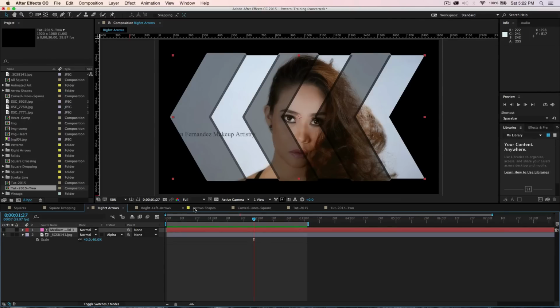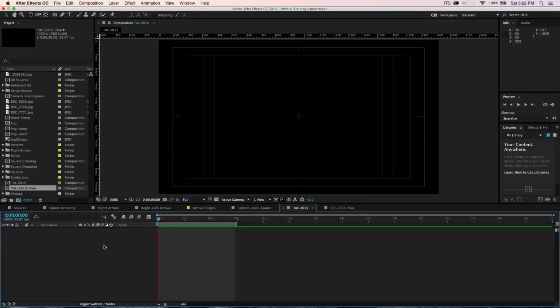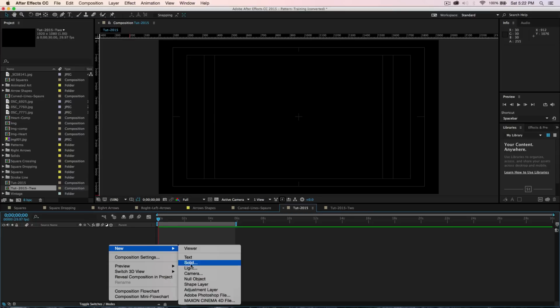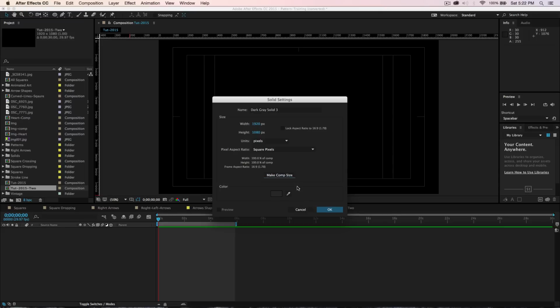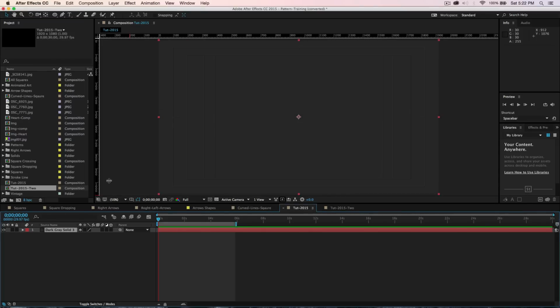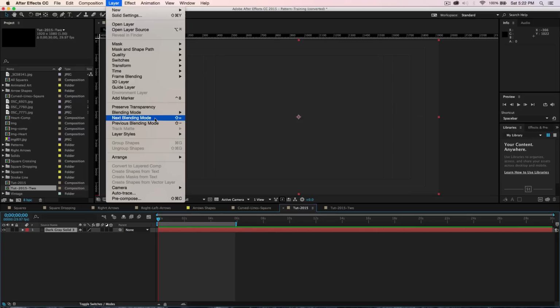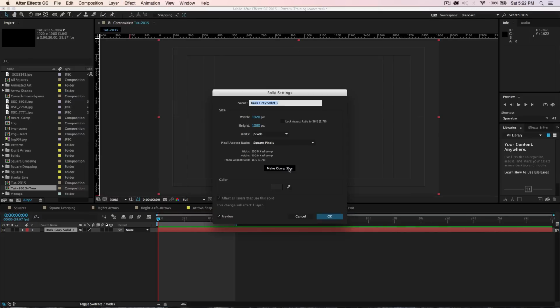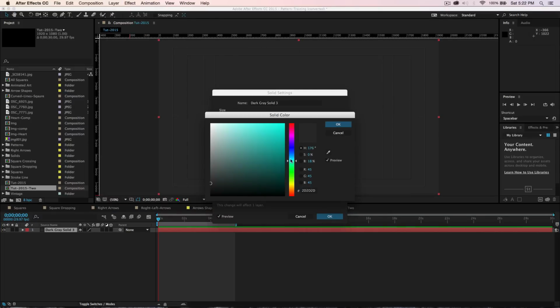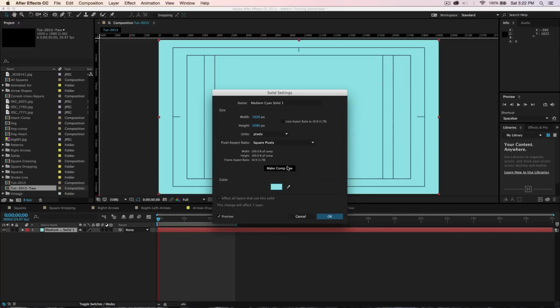So let's start first with this. As I said, I already have this composition, 1920 by 1080, 30 frames per second, 10 seconds long. And first we need to create a new solid, and just make sure it's comp size, and then hit OK. The color doesn't matter. So let me change the color actually, because I don't like that color. But you can have your own color, but in this case I'm going to put this little bluish,